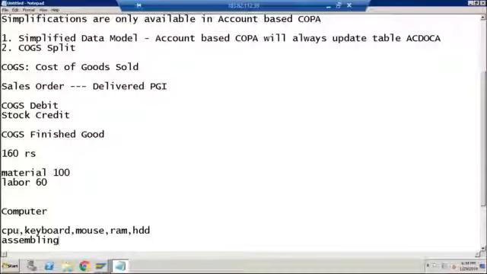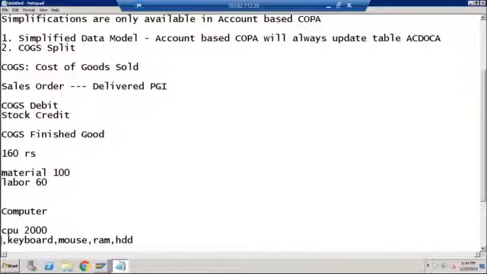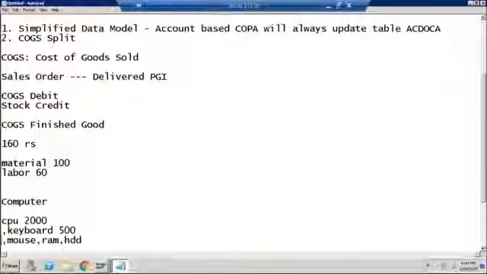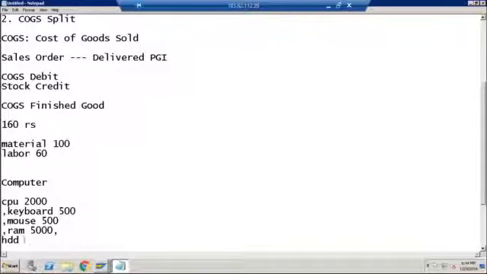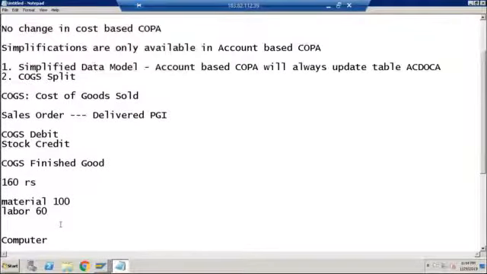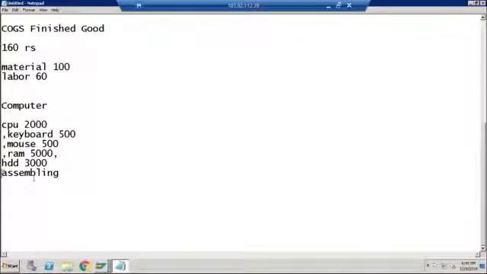Let's say CPU cost is 20,000, keyboard cost is 500, mouse cost is again 500, your RAM is 5,000, and your hard disk is another 3,000. Okay, so what is the total cost of this material itself? Only material. If you just look at the material, the cost of material is, let me write here, total material cost.